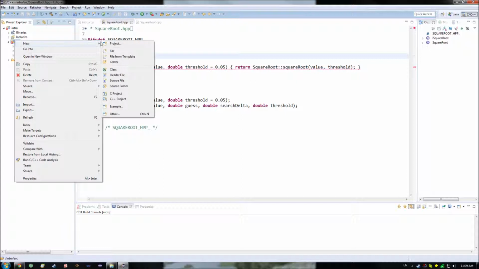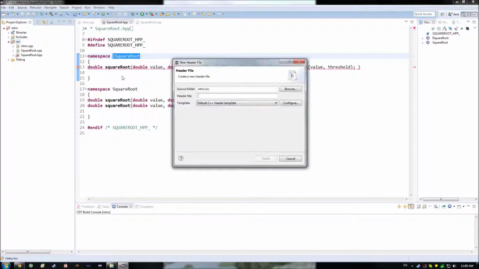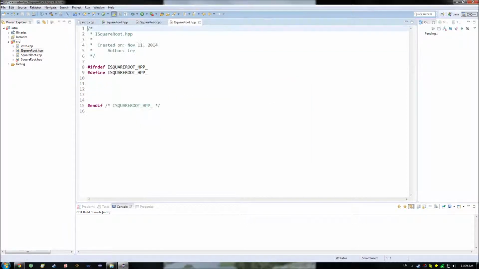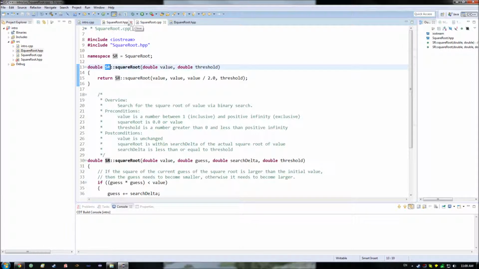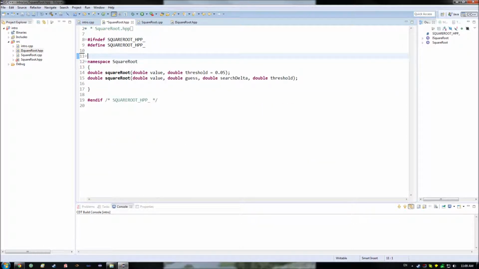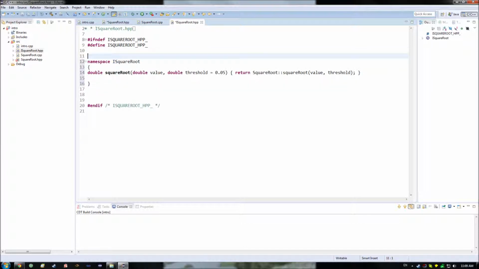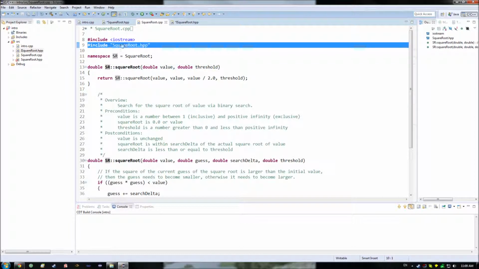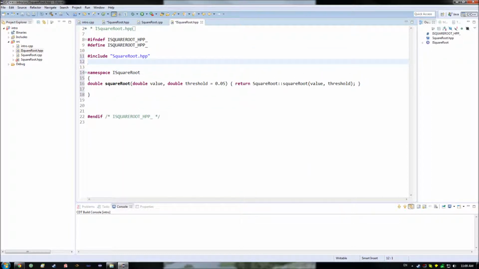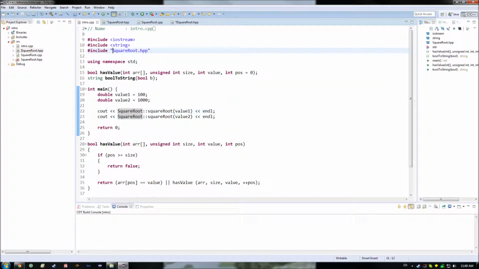The first way is to create another header file, and for this one I'm just going to go with SR, for our use of the interface. I can copy this over into here, and have this one use SquareRoot.hpp, so that we really end up hiding this from intro over here. And then over here we use SquareRoot, and we can rename this to ISR